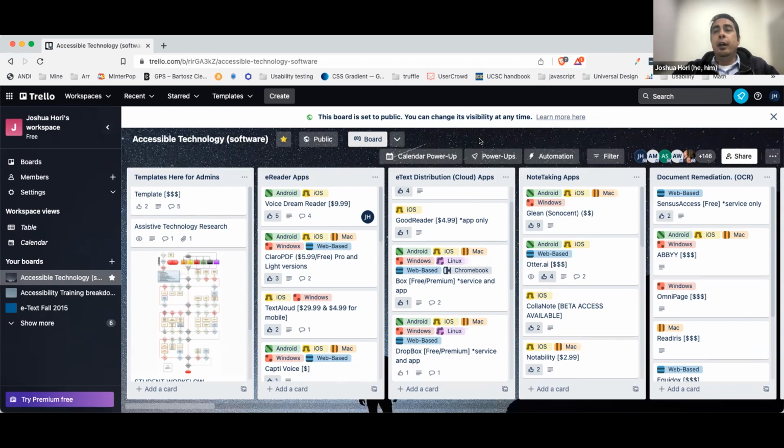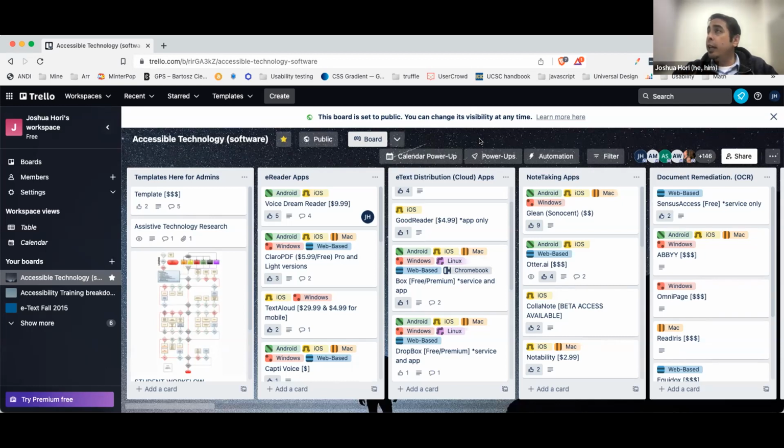We have Captivoice for text to speech, which is an AI tool that will read content out loud to you and give students quiz questions to see if they're retaining what they're reading. We also have Kurzweil, which is a text-to-speech tool that is just reading content out loud to our users. And we also have